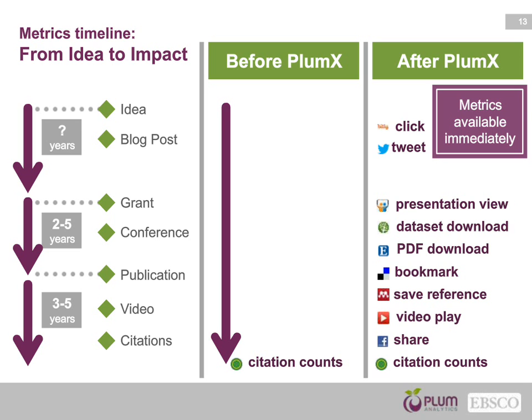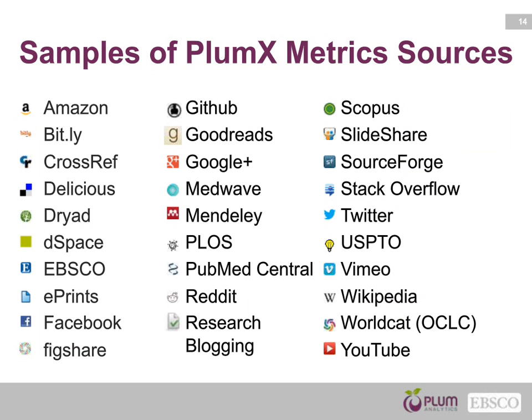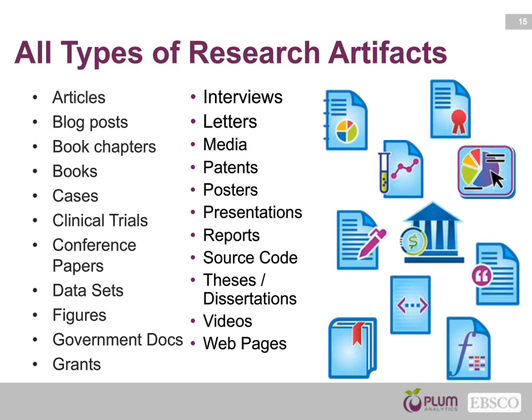So when you look at what kinds of places you can gather metrics from, you can gather them from all different sorts of places where people are interacting with this data online. Also, it's more than just journal articles. We can measure and gather specific types of data about different things. So if you have a book, we can start to get a sense of where that book has been held in different libraries, government documents, clinical trials, patents, all of these different types of research artifacts that are produced throughout the research process, we can collect and gather impact about them.